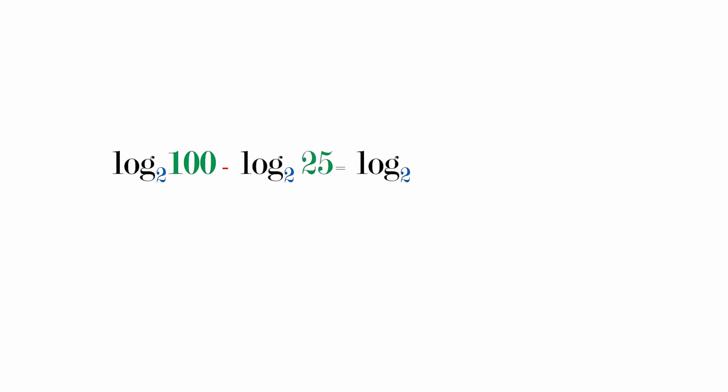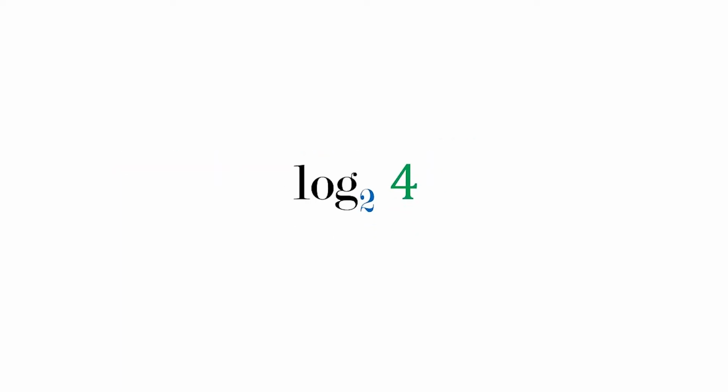This will be the same as the log of 100 divided by 25 to the base of 2. We can then simplify this term to give us the log of 4 to the base of 2. Later on, I will discuss how to simplify the log of 4 to the base of 2 into a much simpler term. The third law has the index written as a power, and so therefore an example will be